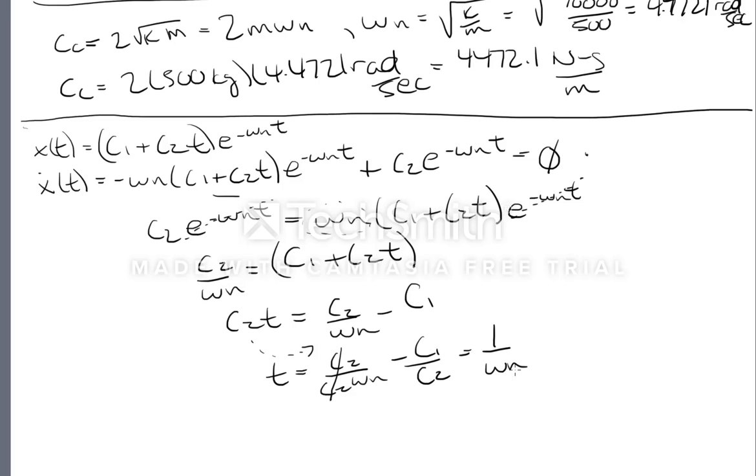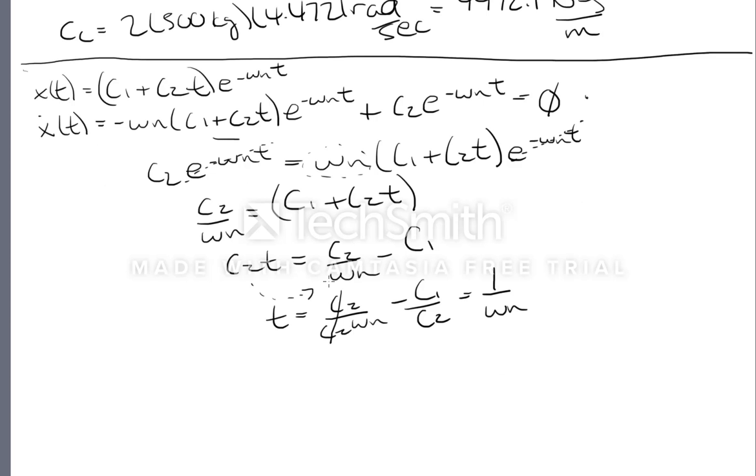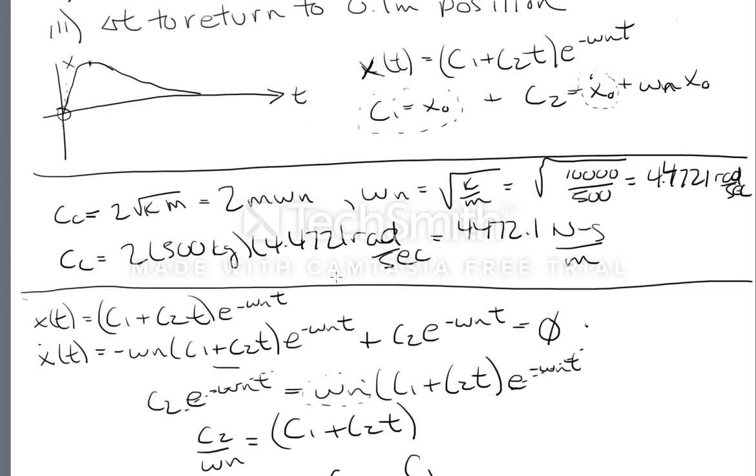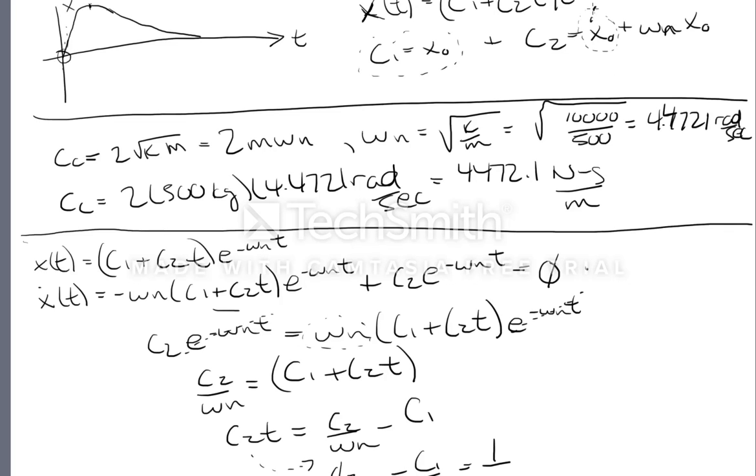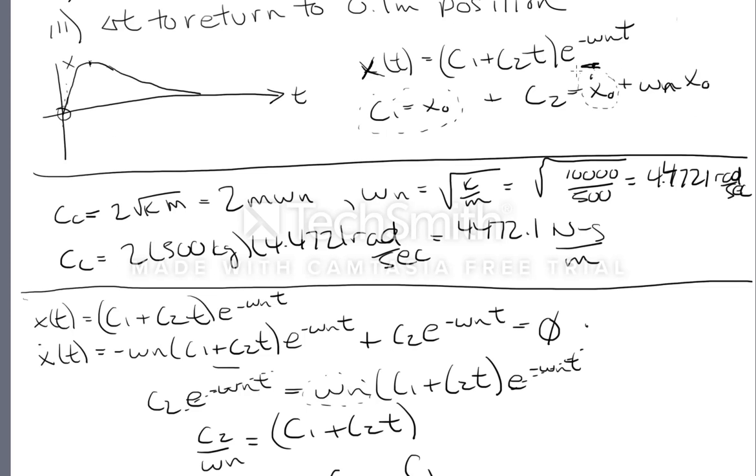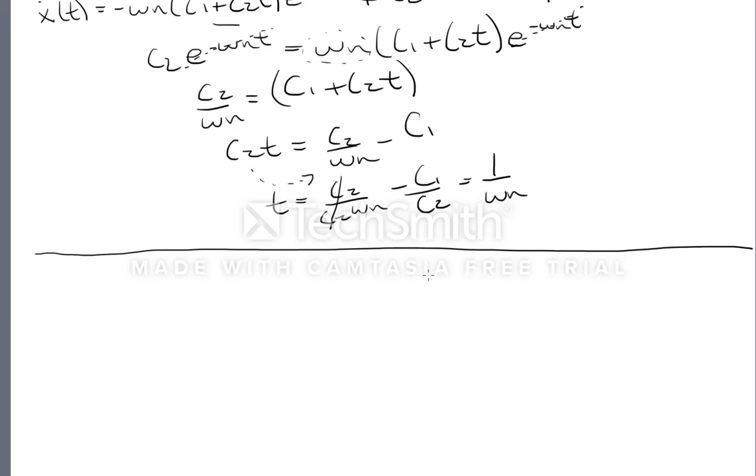So this is the time when the velocity becomes 0. Okay, and that's when we get our maximum displacement. And that will allow us to go back to this equation here and solve, which we know will be equal to 0.4 meters, and solve for the initial velocity, this term right here. Okay, so going back down here. So we know, I'm just going to put a line across here, that t equals 1 over omega n,